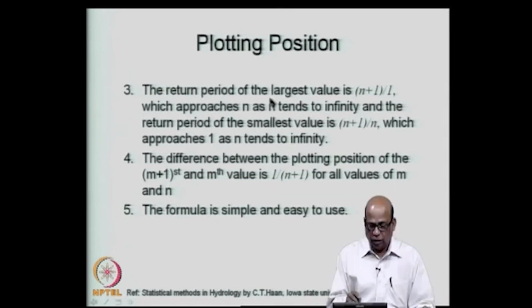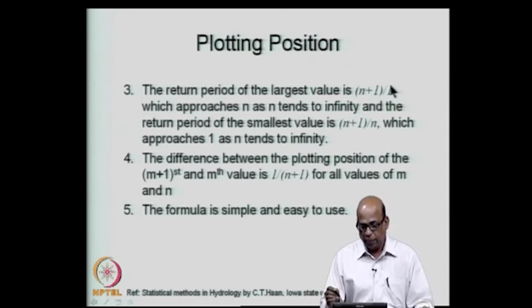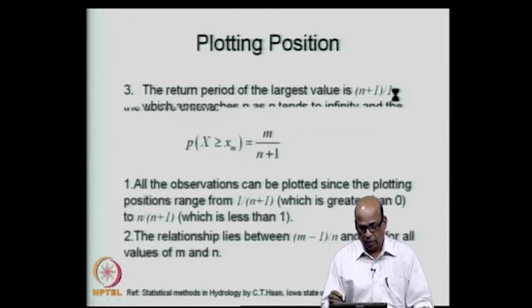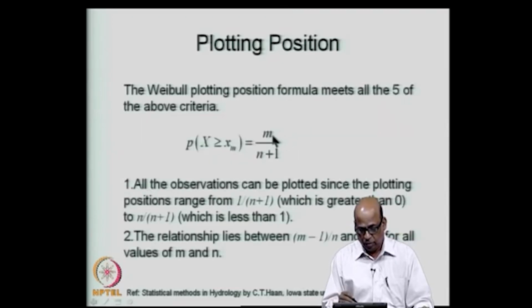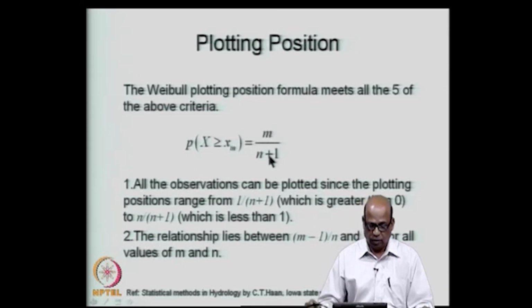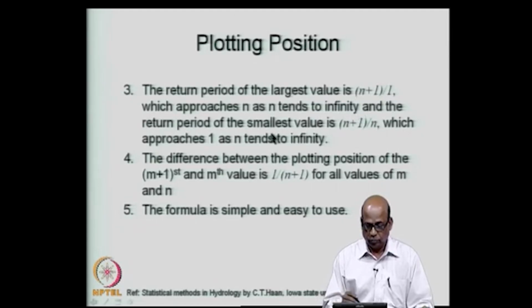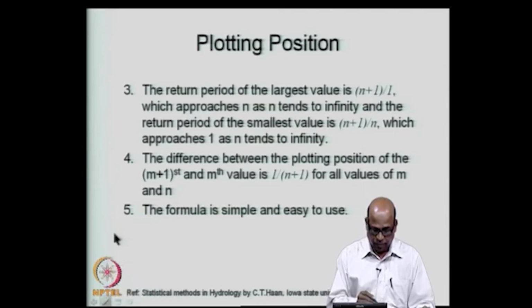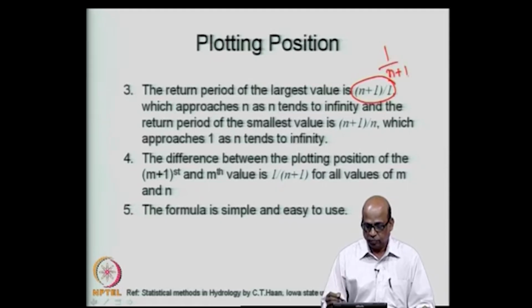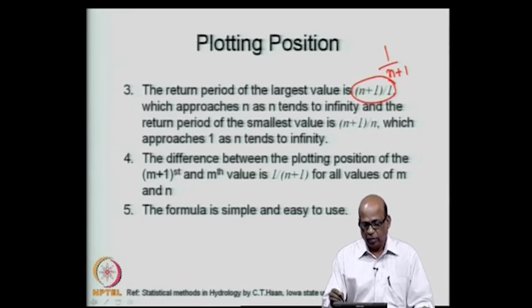The return period of the largest value is n plus 1 divided by 1. We are talking about m divided by n plus 1, so the largest value will have a rank of 1 and the probability associated with that will be 1 divided by n plus 1, and for the smallest one, so what happens,